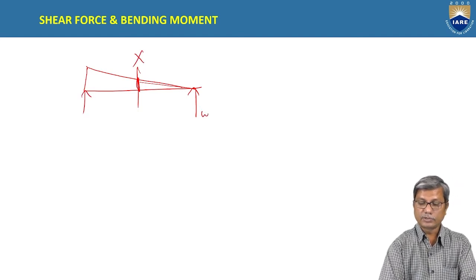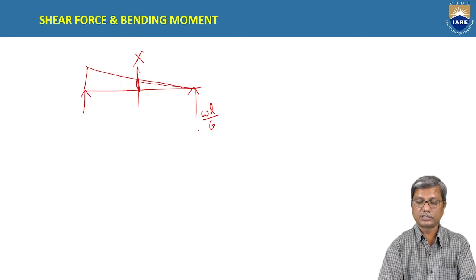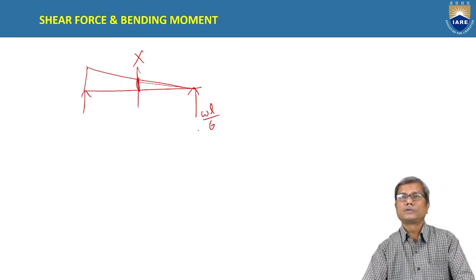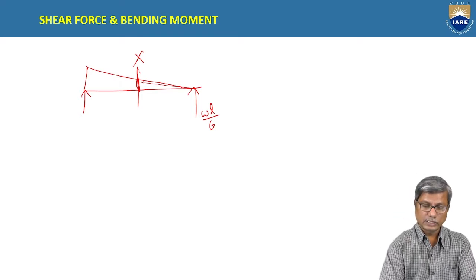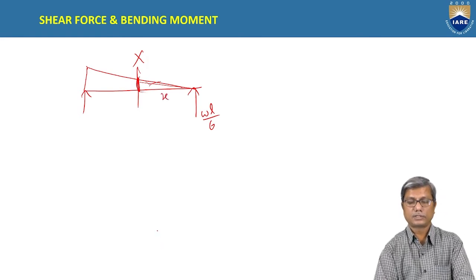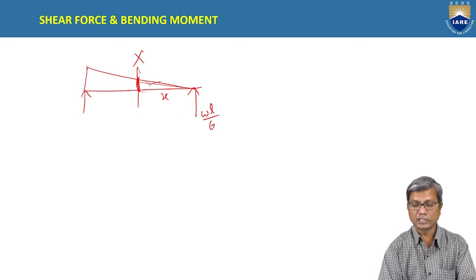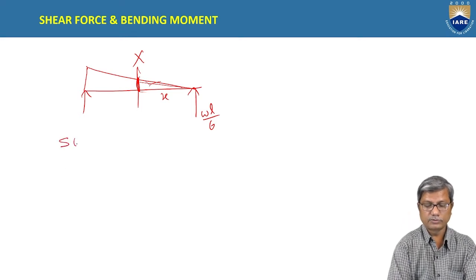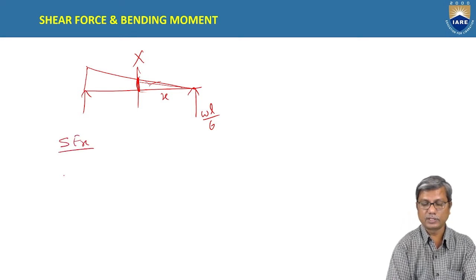So reaction RB is WL by 6, that is calculated now. Okay, and this triangular load, distributed load, means the total load is given as the area of the diagram, isn't it? So shear force at x is equal to